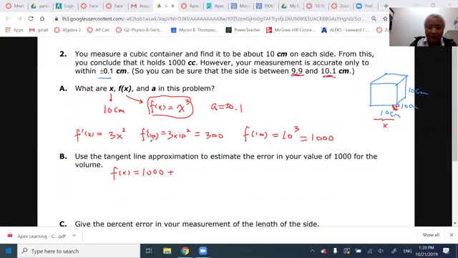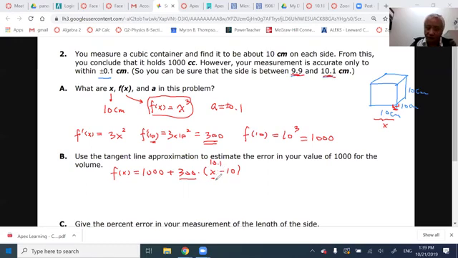at x equals 10, the rate is this. This is the slope of the tangent line at x equals 10, right? So that means 300. We're going to multiply by x minus 10, like this. It depends on the real x. If x equals 10.1, then x minus 10 gives you 0.1. 0.1 times 300 means 30 more volume because of this change, the error of your measurement of the size